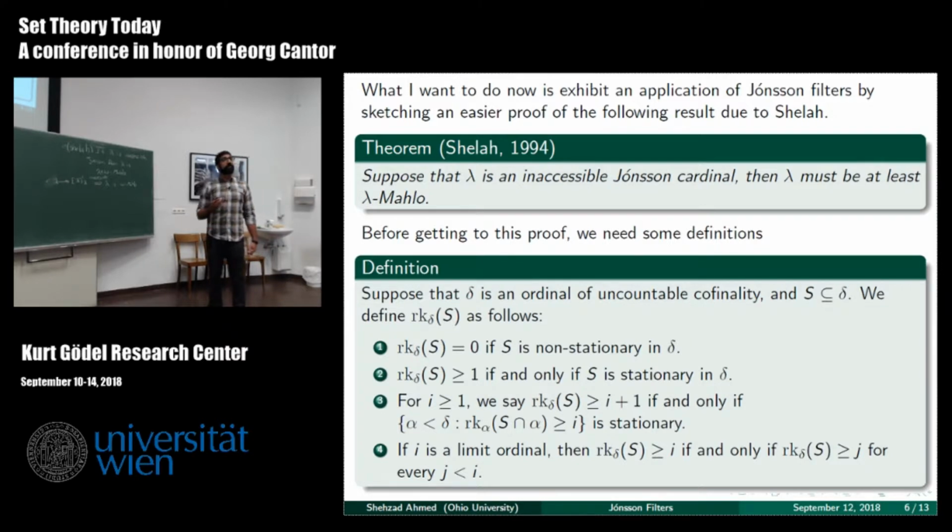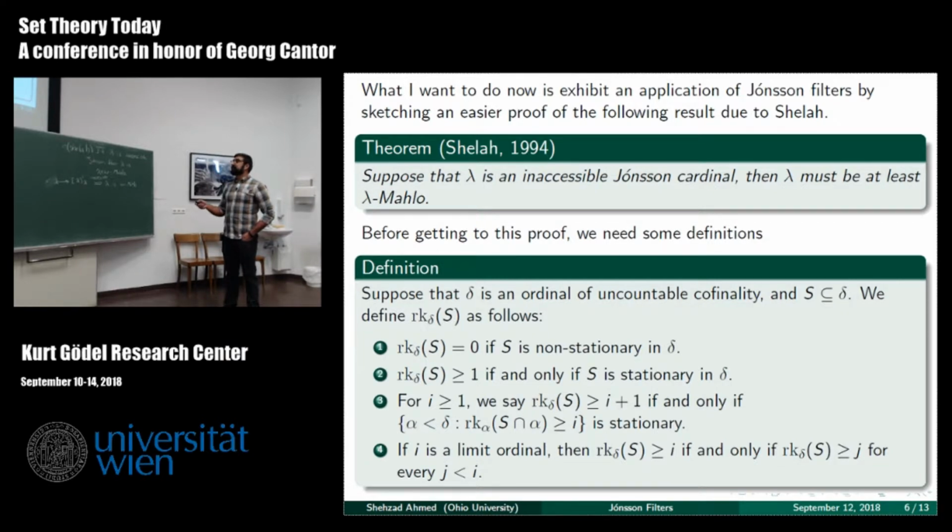For those of you familiar with the Mahlo operator, this can all be coded in terms of Mahloness and trace, except we're off by 1 until we hit the omega Mahlo stage. But it's a pretty similar idea. We're going to get sets of rank lambda only here, but we can extend this to rank lambda plus using canonical functions, but I didn't want to define canonical functions, so we're only going to stop for the result I want to talk about here.